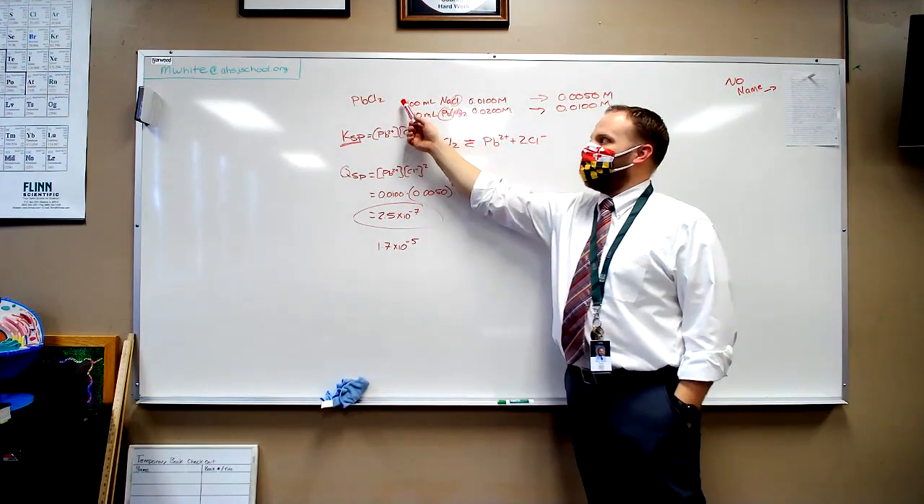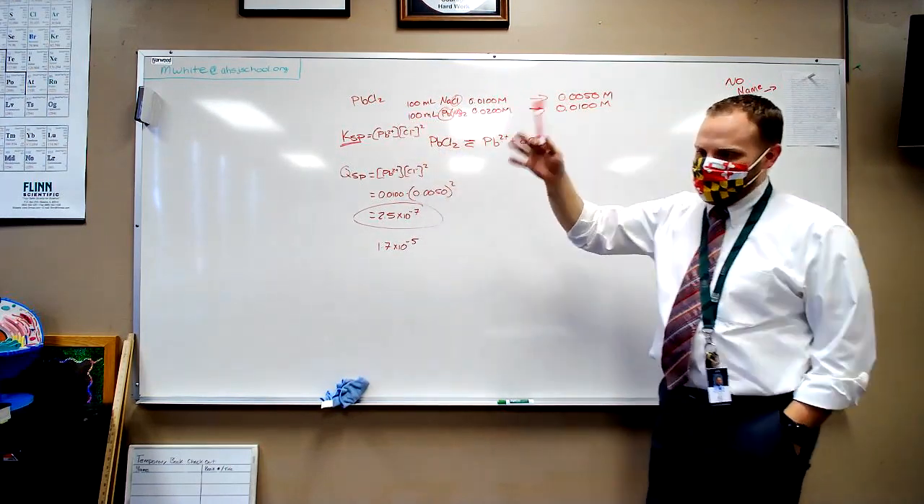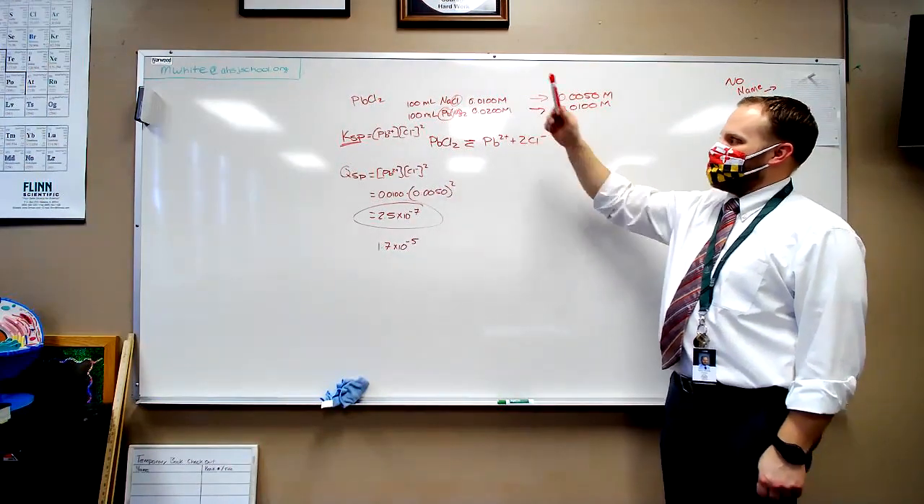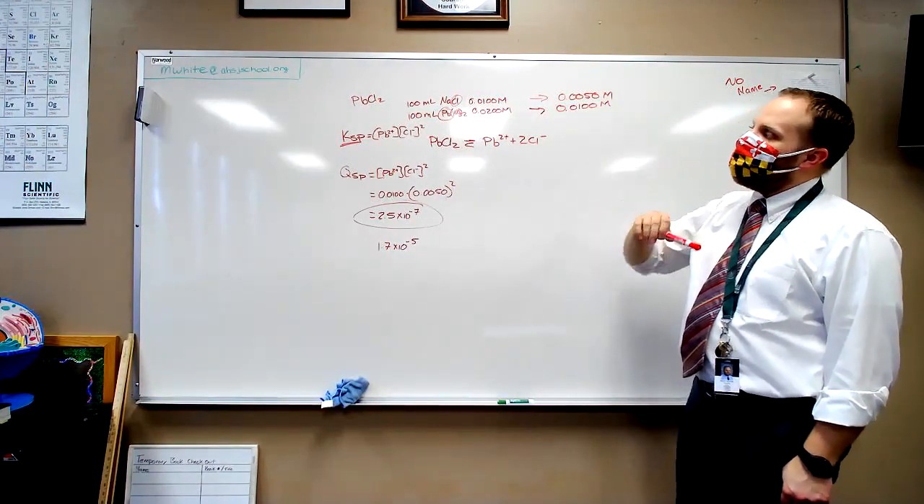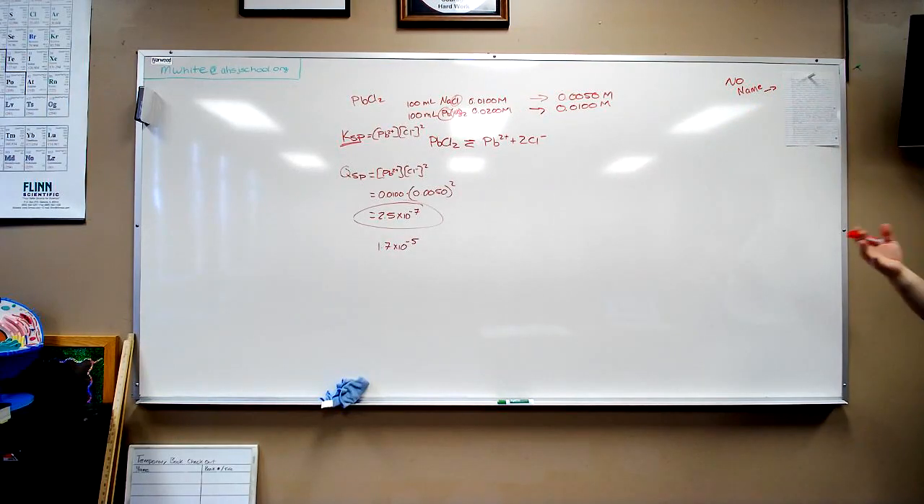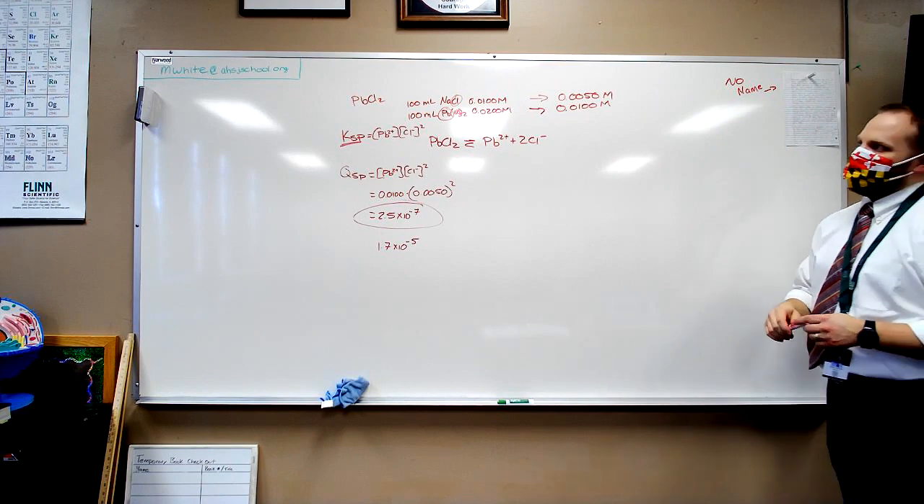If you have equal volumes, it's super easy. You've doubled the total volume when they mix, so you just have to halve the concentration. If you don't have equal volumes, it's not that hard. You just have to figure out,